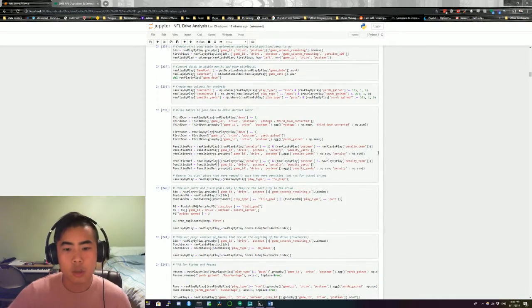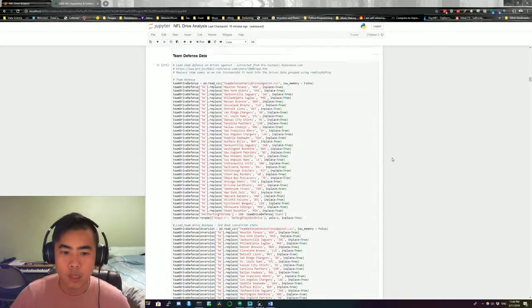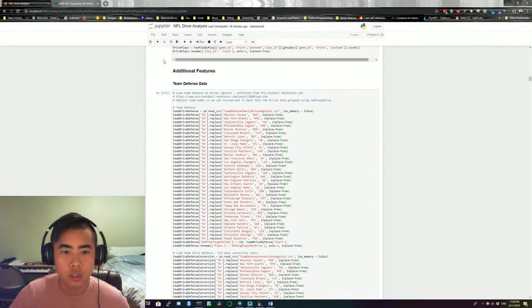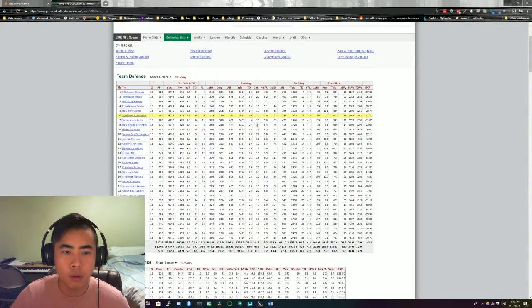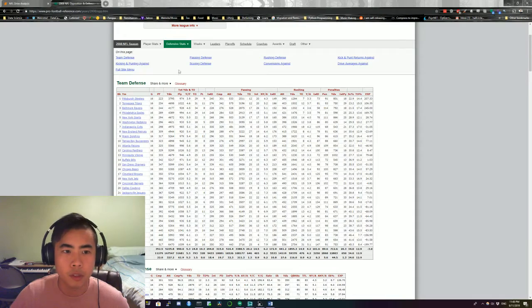What is new in this particular project is that I also included additional features based on team defense data and team offense data. The previous data set was scraped from the NFL Live Game Center API, but I took data scraped from Pro Football Reference, which gives you the team performance for every particular year.